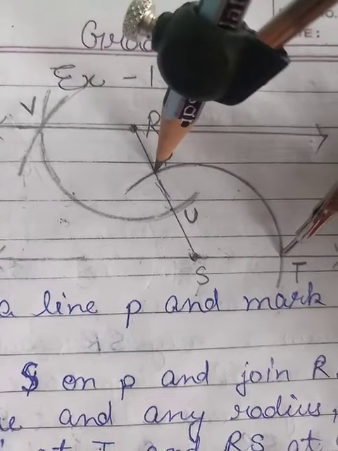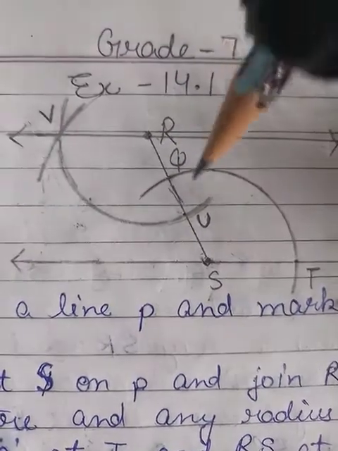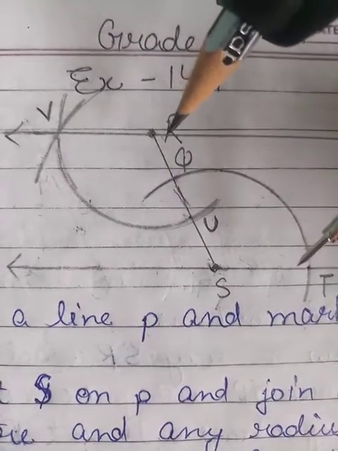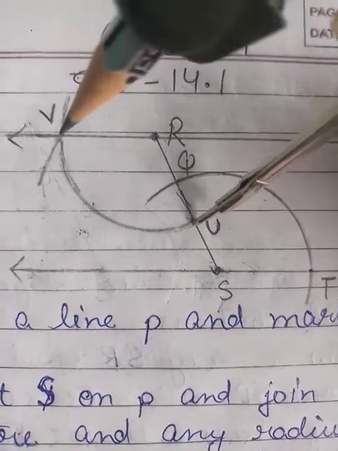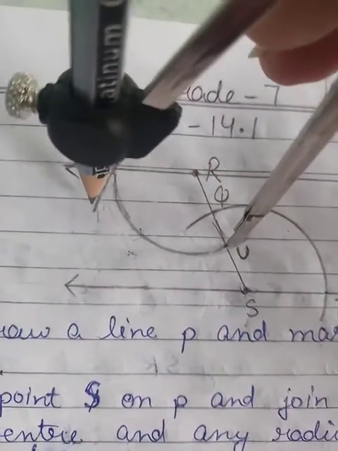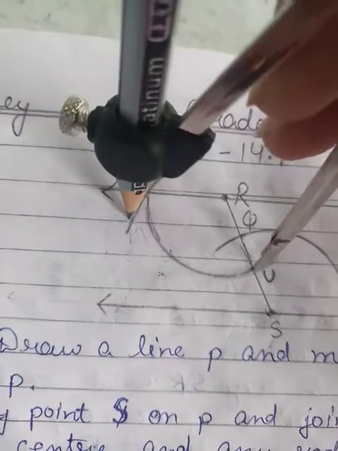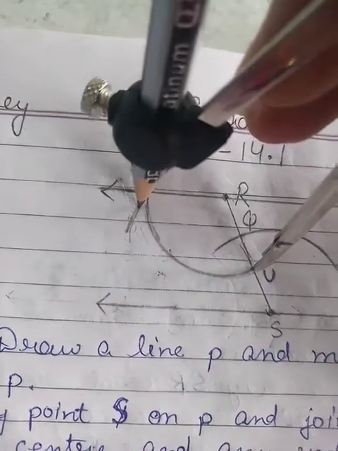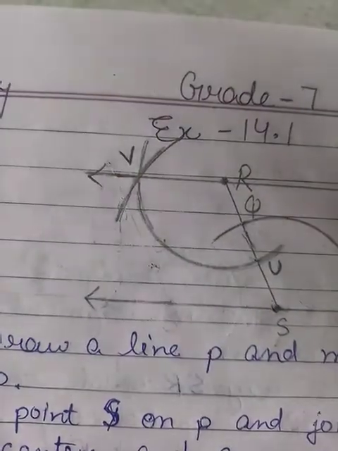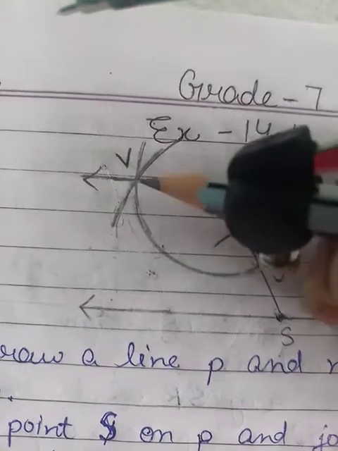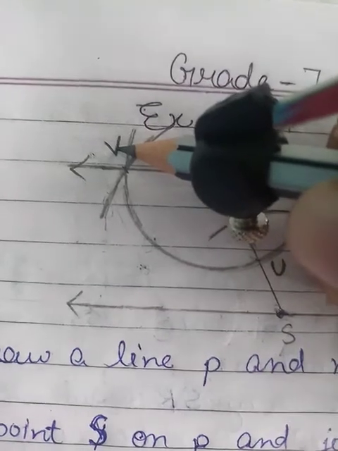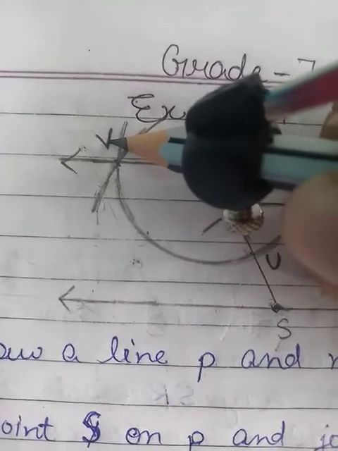With this much radius we will take, and after that where the new arc is intersecting the line R and S, by taking that as a center we need to intersect this arc. So you can see here my arc is intersecting at this point, so I will mark an arc. Now the two arcs are intersecting each other at this particular point. Here I will give the name V. You can take better names and give them by your own choice.